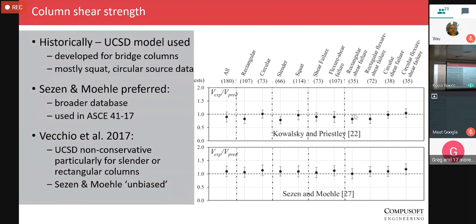The lab strength is about 90% of what's predicted, which is obviously not a very good place to be. And without going into the exact values, the same is found when you have more slender columns. And while the data is not given there, I don't think it's hard to imagine that these two might compound. And so if you had a slender rectangular column, you could actually end up with a reasonably significant overprediction